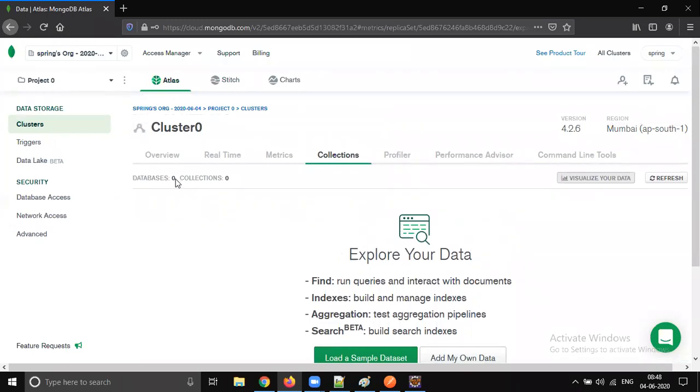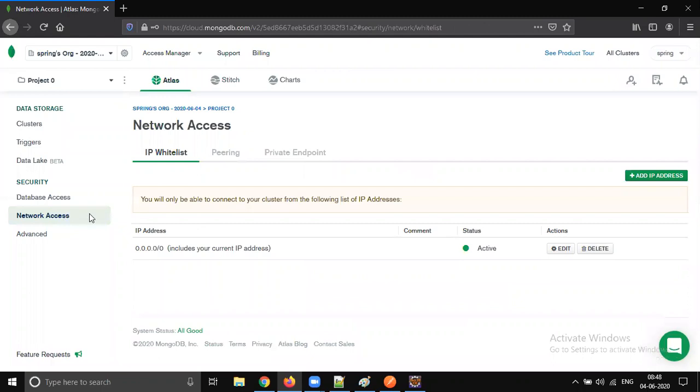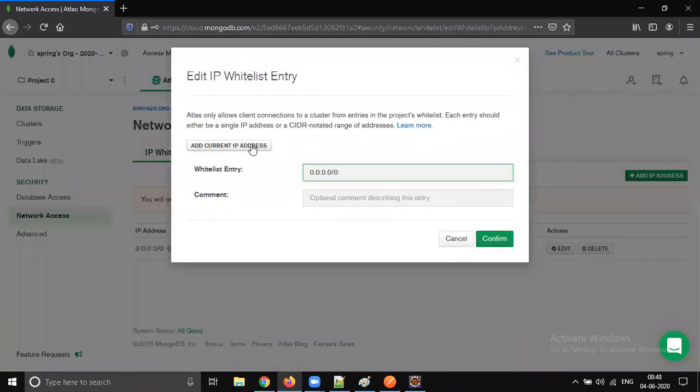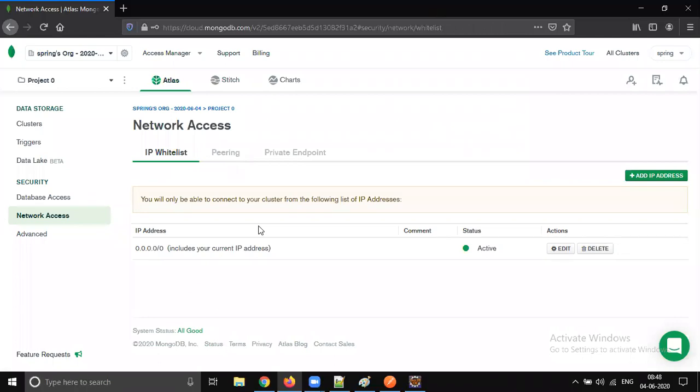Sunil, where to give firewall access? Network access. I didn't see anything there. Actually, I added that IP address. Just now I'm showing the example; this is the fresh account. Yes, I created this, but where do I go to give the firewall access? No firewall, you just click on allow all. Yes, this I did. Then it's fine, it's open. It automatically opens that firewall, you don't need to do anything, you just click on the button.